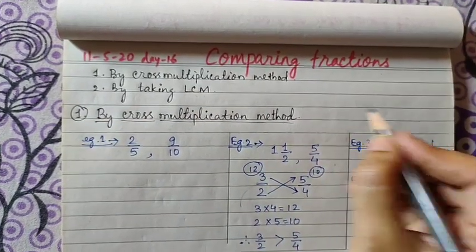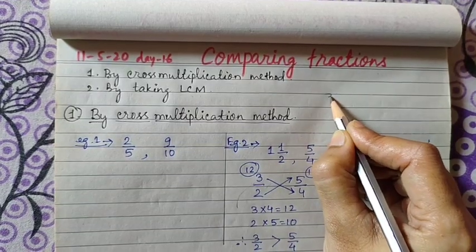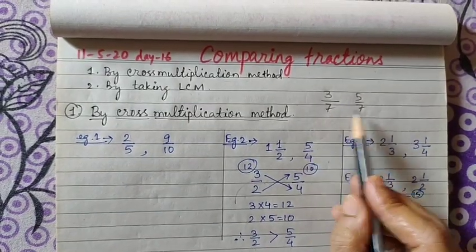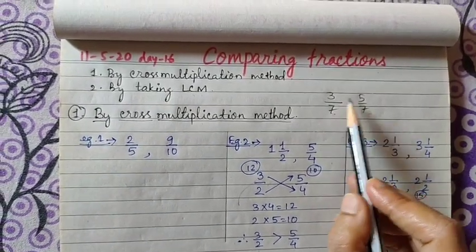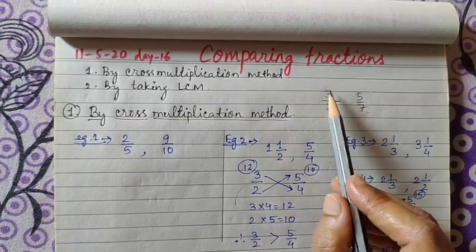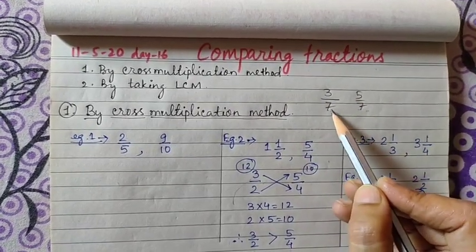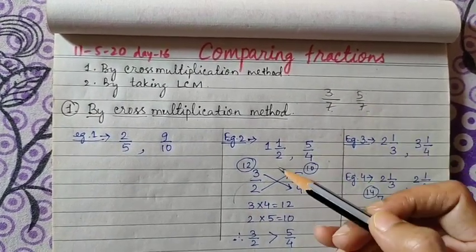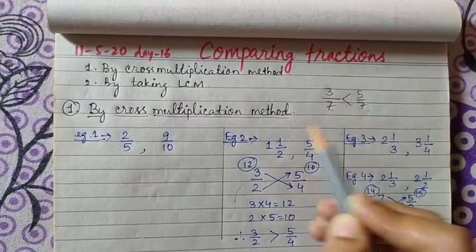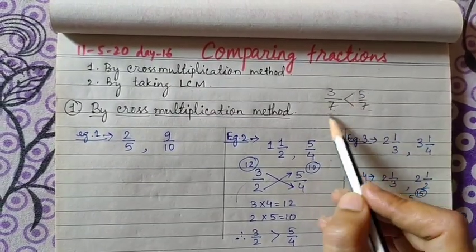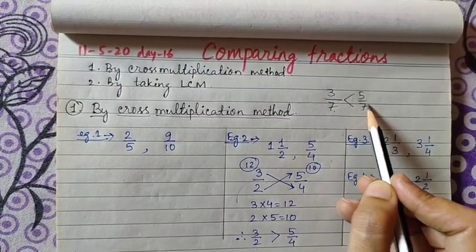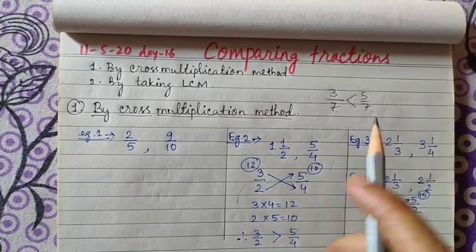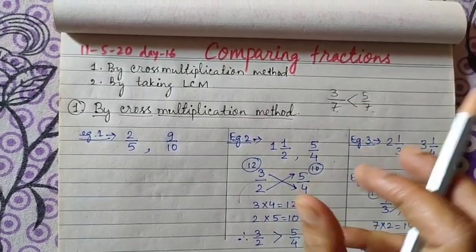See, suppose two like fractions are given to you. Let me take 3 by 7 and 5 by 7. As you see, the denominators are the same, so to compare these two fractions you have to see the numerators. Now see, out of 7, 3 is more or out of 7, 5 is more? Obviously 7 में से 5 ज़्यादा है. So this fraction is greater and you can use this smaller than sign. The first fraction is smaller than the second one, or the second one is greater than the first one. You remember the crocodile's mouth, it always opens towards the bigger number.